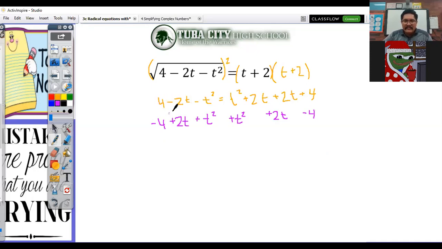So this cancels, cancels, cancels. So everything on this side, gone. But again, that helps us out because we want that number to be 0. It helps a lot to have it as 0. Now I'm going to go ahead and add these numbers together. So t squared plus t squared gives me